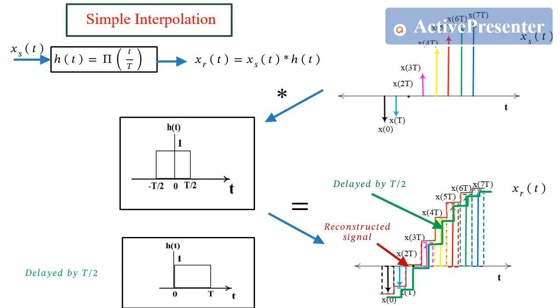This is the simplest form of interpolation, and this filter is also known as zero-order hold filter. Its simplicity lies in the fact that it can be implemented using a simple sample and hold circuit. Somehow this is a very rough approximation as there are many discontinuities as compared to the original signal, which was a smooth curve. Improvement in a zero-order hold filter can be done by using first-order hold filter, and that leads to linear interpolation.